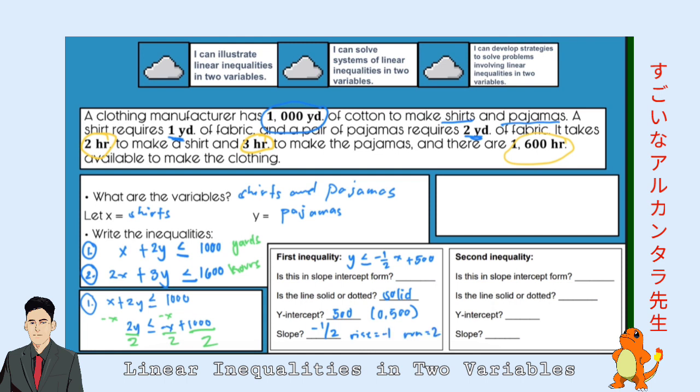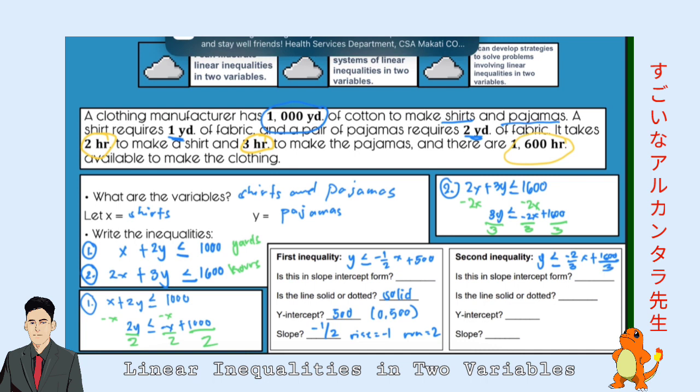While for the second example, what we can do here is we can have 2x plus 3y less than or equal to 1,600. So subtract 2x to both sides. You're gonna have 3y less than or equal to negative 2x plus 1,600. Divide the entire thing by 3. And we're gonna have our final inequality as y less than or equal to negative 2 over 3x plus 1,600